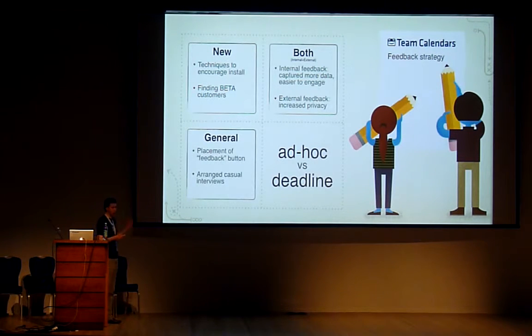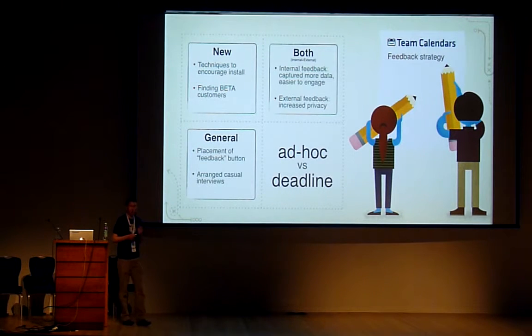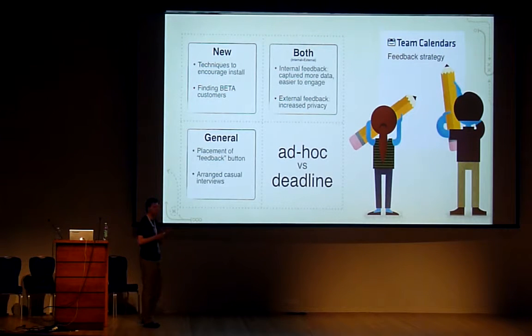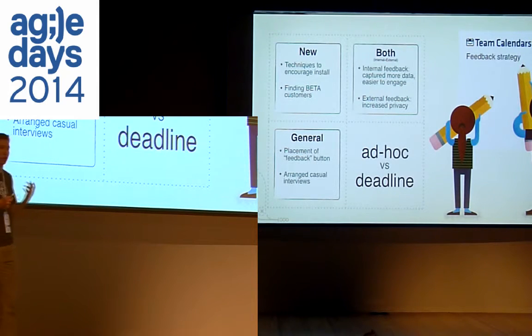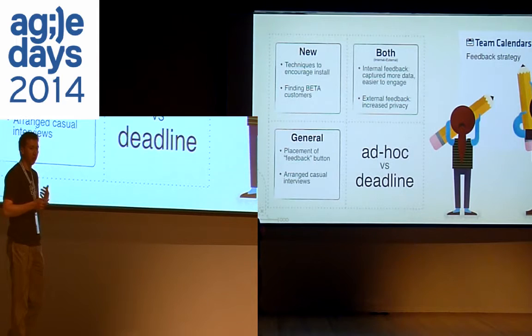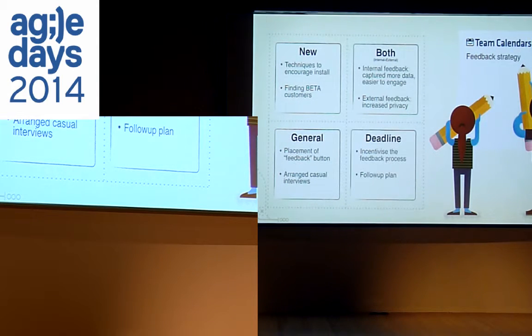Then we didn't want to dive too deep into the details of the feedback initially. We were more interested in getting a general feel on how things were going for the users. And then later, we would potentially arrange for personal interviews if we thought more specific information was needed. And finally, we had a deadline for team calendars. So we gave away free licenses to encourage customers to give us the feedback. And that made a huge difference in the end in terms of amount and quality of data that we got. So a feedback strategy also worked out really well for us.